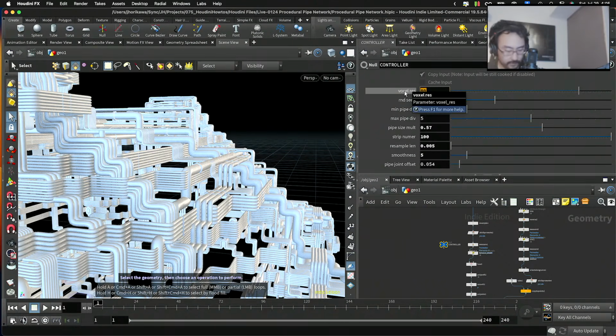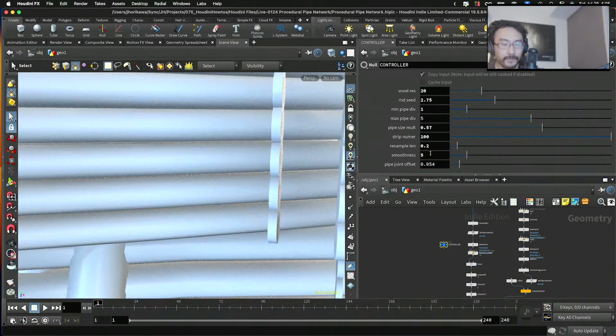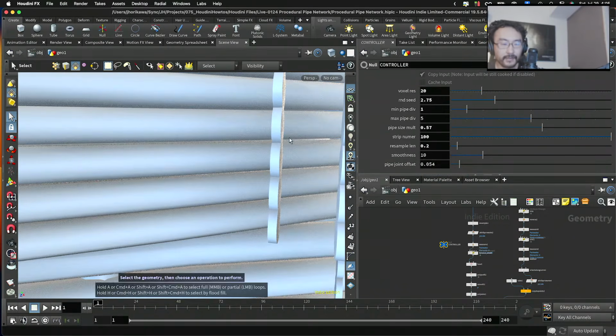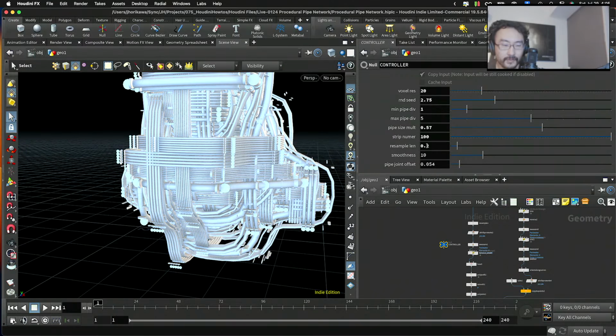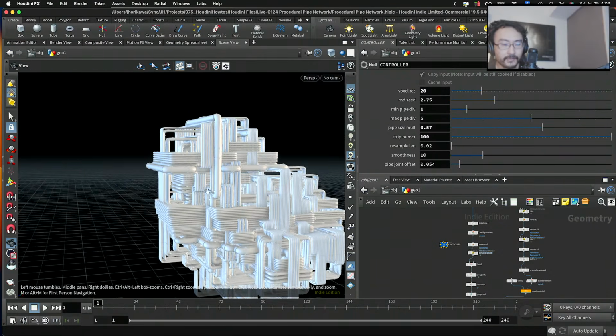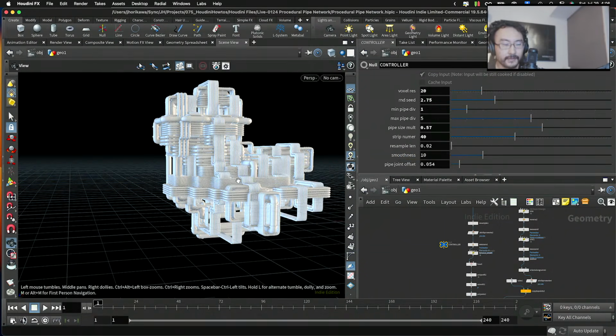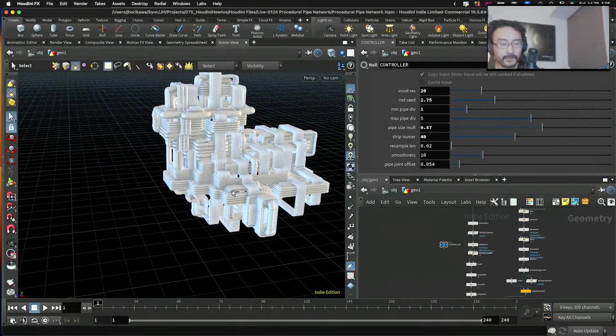Let's make this back to 20. And for voxel size equal to 20, I don't need to have such resample lengths. Let's make this back to 0.2. Smoothness to 10. Oop. 0.02. Okay. Should do it. And the strip number 2, I don't know, 40. Okay, so